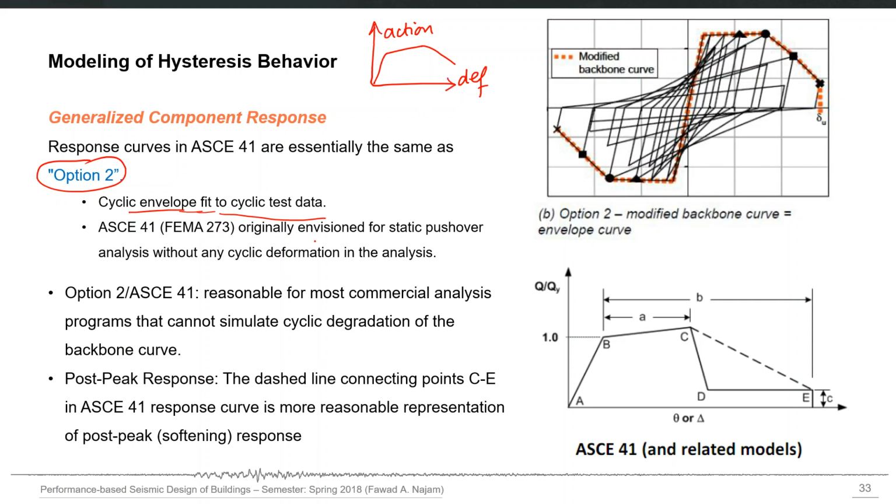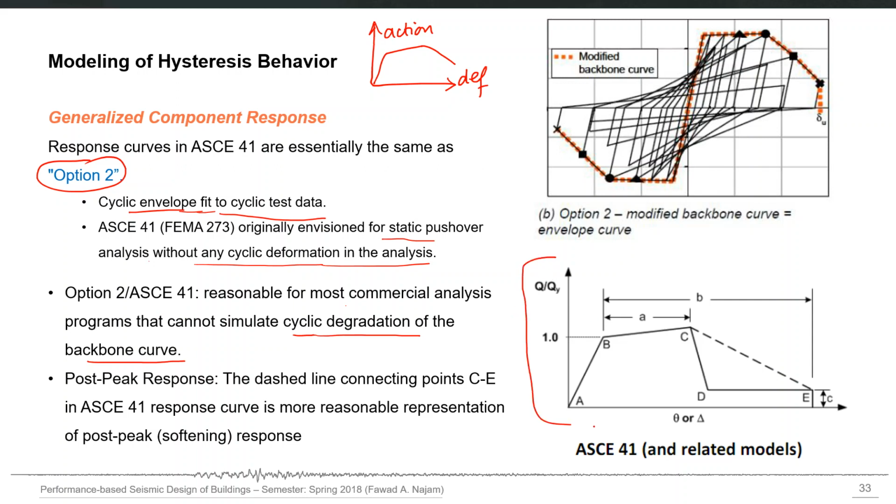ASCE 41 was originally envisioned for static pushover analysis without any cyclic deformation in the analysis. But ASCE 41 is still reasonable for most commercial analysis programs that cannot simulate cyclic degradation of the backbone curve. So commercial programs cannot explicitly consider cyclic degradation of the backbone. So for them, the use of the ASCE 41 approach is reasonable, and ASCE 41 provides the action deformation curve in